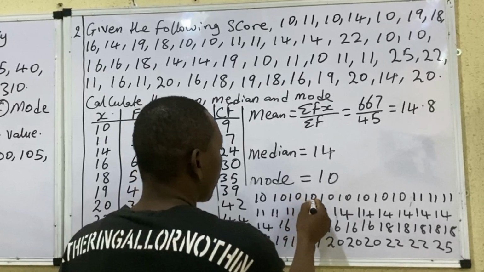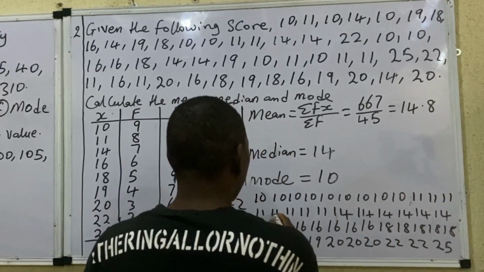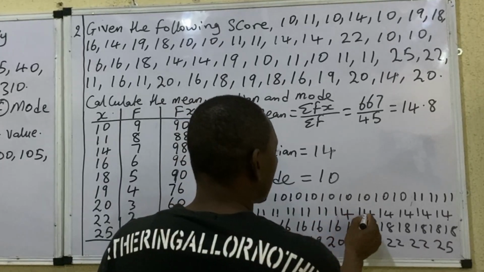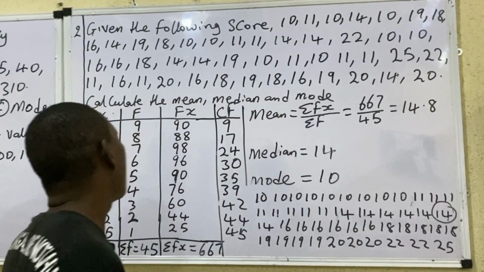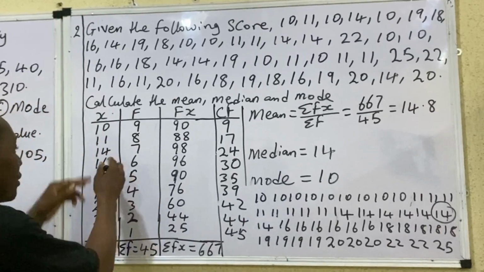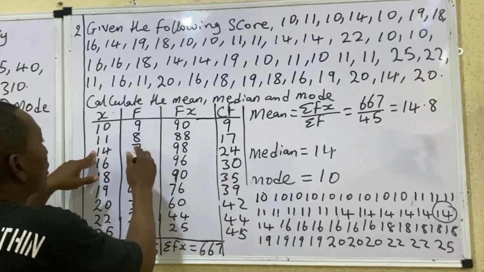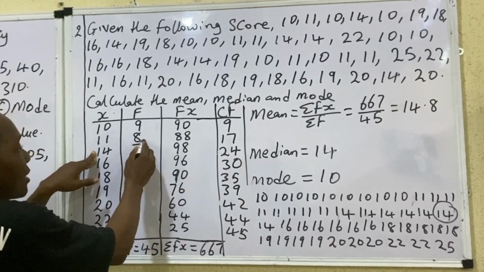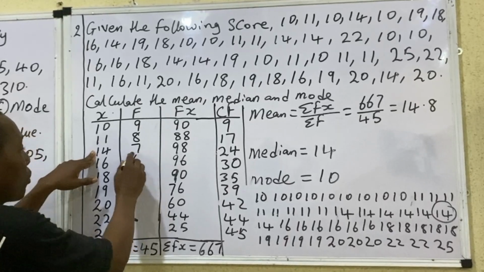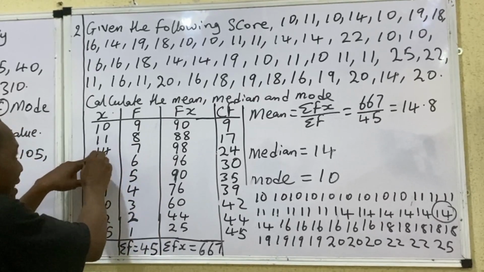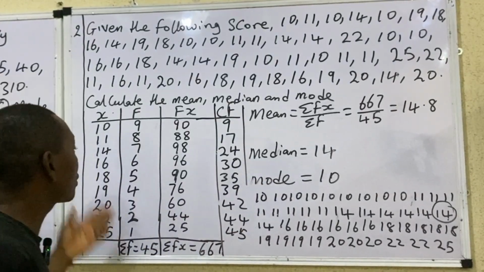1, 2, 3, 4, 5, 6, 7, 8, 9, 10, 11, 12, 13, 14, 15, 16, 17, 18, 19, 20, 21, 22, 23. So this is the 23rd number. And that also coincides with the 14 that we got using the cumulative frequency. Remember, I said this plus this is 17. 17 plus 7 is 24. So that means the 23rd number is in this category of X. So we are getting the same thing. So always note that